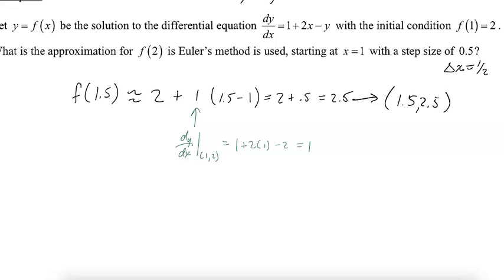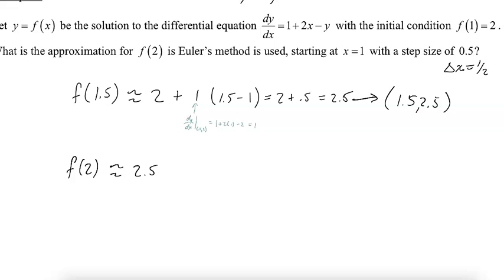So then from this point, I'm going to do another tangent line approximation to find my approximation for 2, which is about 2.5, my previous y value, plus, again, this will be dy dx from my previous point, which is 1.5, 2.5, which will be 1 plus 2 times 1.5